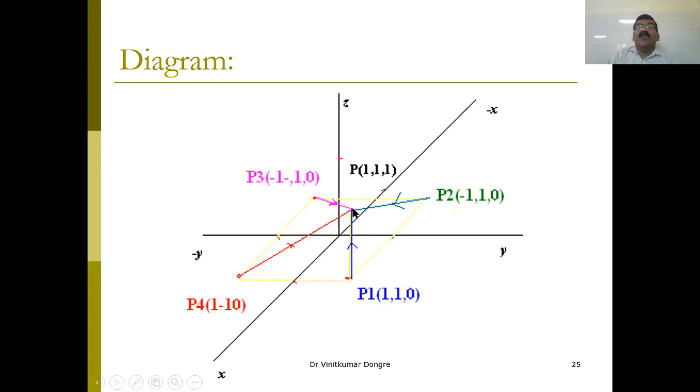And what is your point? This is your P, 111, which is having only the z-axis component. The rest of the others have z equals 0. So this way they are at the 4 corners of the square. So this way you can have the arrangement. Okay, so the arrangement is there.